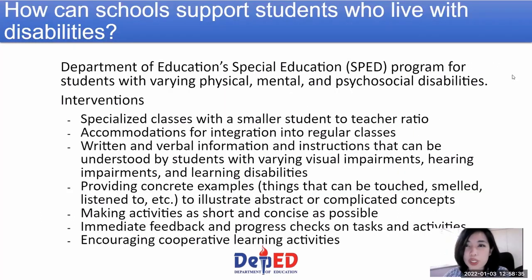How can schools support students who live with disabilities? The Department of Education's special education program for students with varying physical, mental, and psychosocial disabilities have acted for support using the interventions like specialized classes with a smaller student-to-teacher ratio, accommodations for integration into regular classes, written and verbal information and instructions that can be understood by students with varying visual impairments, hearing impairments, and learning disabilities,